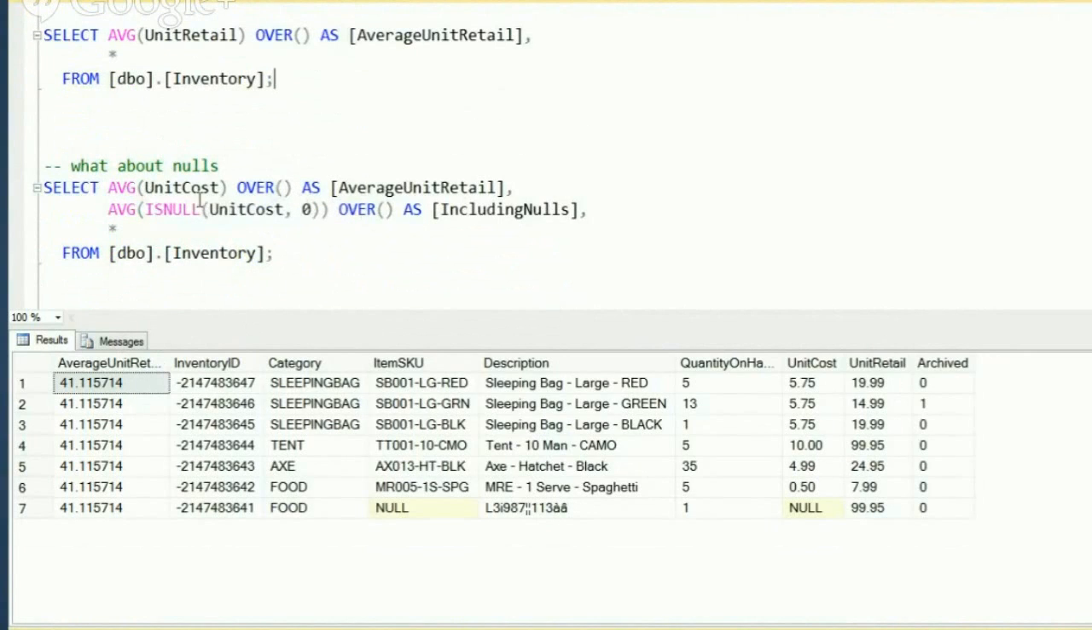I know that's to get started, but let's take a look at using two different aggregates using the over windowing clause without any group by on it. So here we're going to say, give me the average unit cost over the entire thing, and the average unit cost, and if it's null, set it to 0, over the entire set. You can see here the unit cost on this bottom item, which has an unprintable name or description, which is a food item, there is no unit cost. So if we run this one,